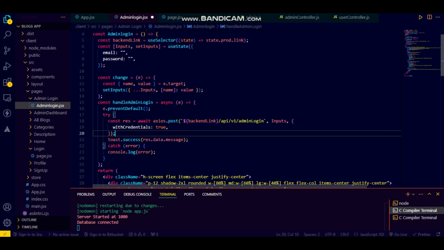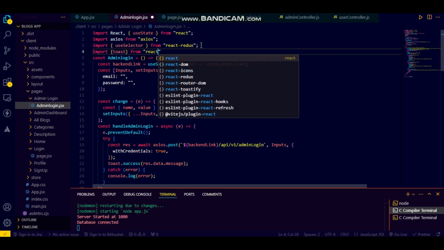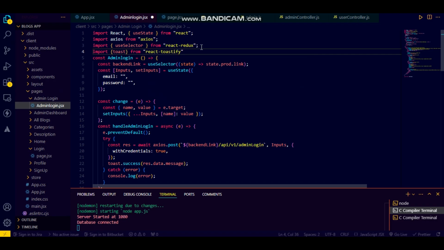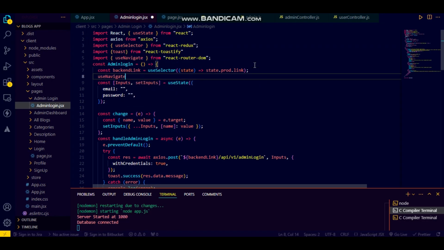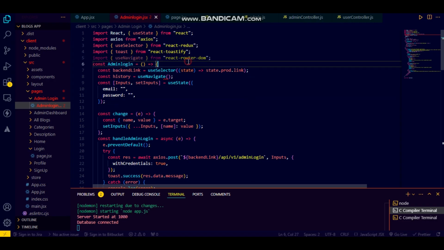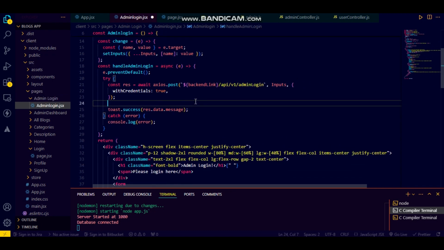toast.success. Okay, and one more important thing, I just need to import the toast from where? React Toastify. And one more important thing which we need is our useNavigate, because after successful login I just want the user to navigate somewhere. So I can say const history is equal to useNavigate, which we are importing from the React Router DOM. Basically history, just copy it, and I just want to go here, and I can say that history slash